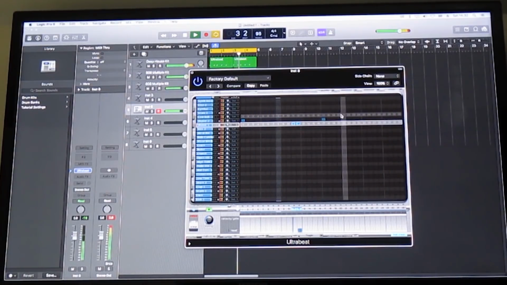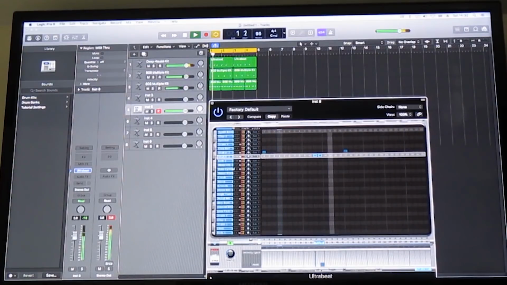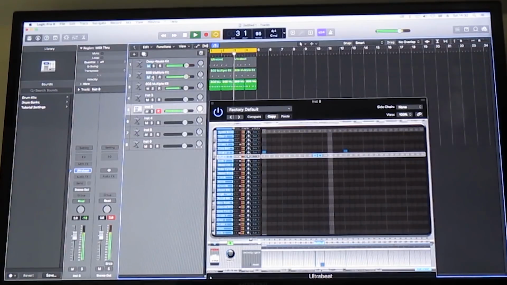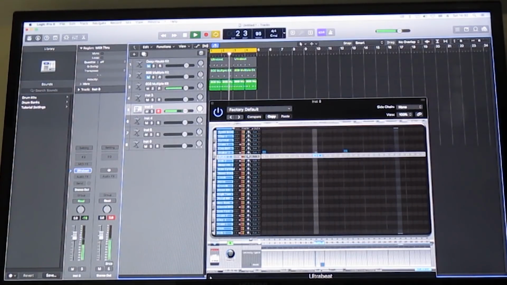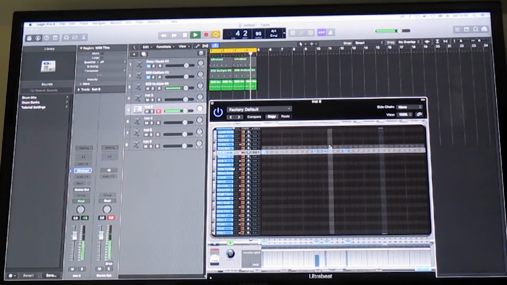Let's try here. Let me mute this and see how that sounds. Well, that shaker isn't as effective as what I thought. Let's try spacing it out a bit. Okay, so if I do this,